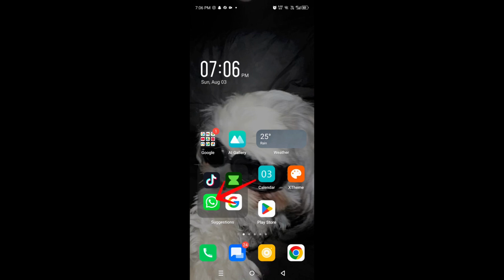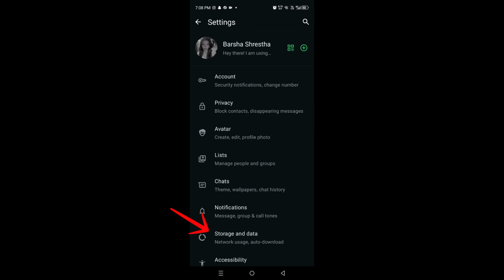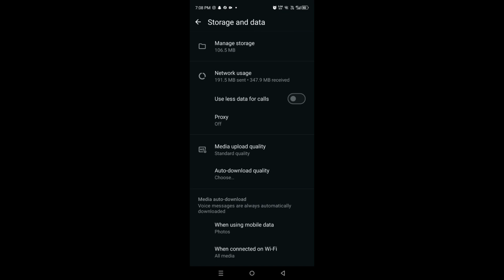To do that, open WhatsApp and tap the three dots in the top right corner. From here, tap on Settings and you will be able to see the Storage and data option. Tap on it. Here you will see detailed data like messages sent or received, media bytes sent or received,